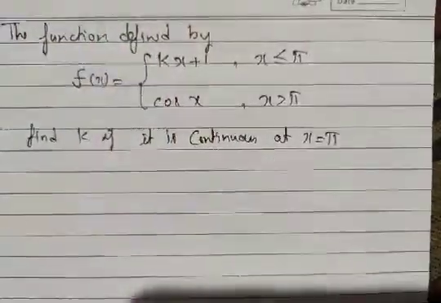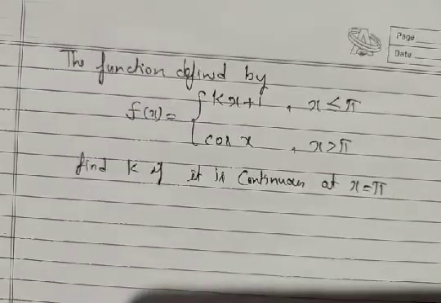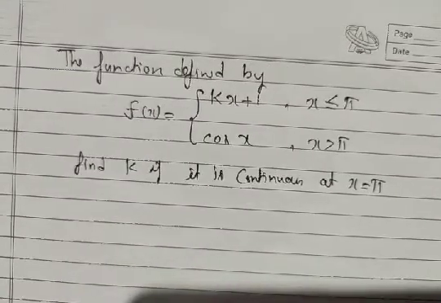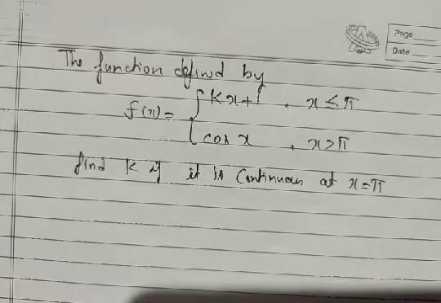Now we are going to start with our next example, next problem. In this next problem we are going to find some unknown values. In that type of problem it is given that the function is continuous at a given point, then we have to find some unknown values. Look at the question. What is given in the question?